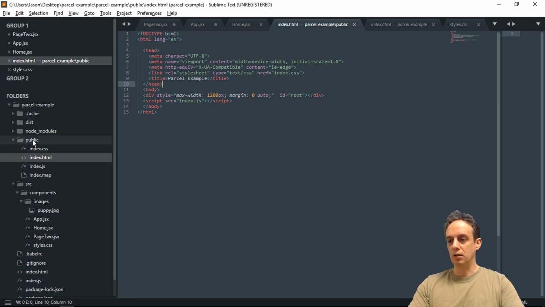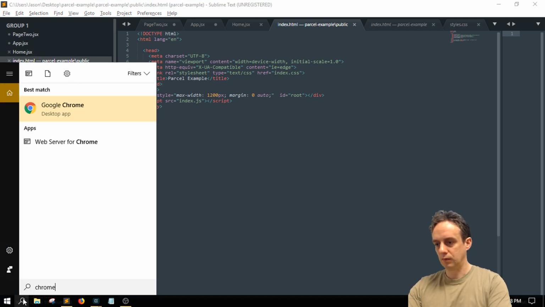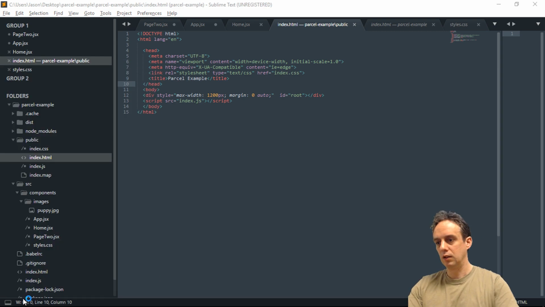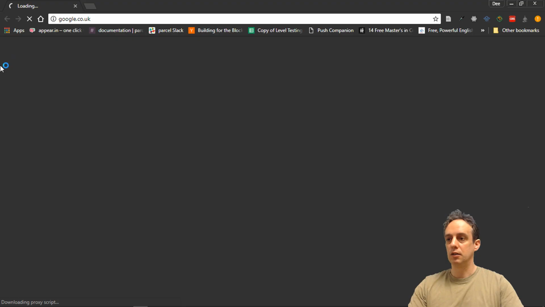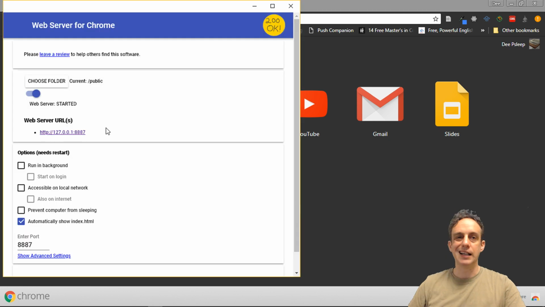So I have a way to check that, and the way that I check that, let me open up a Chrome browser here, and then inside of one of my Chrome apps is this web server, this 200 OK web server. So this is like an add-on for Chrome that you can get quite easily, and then you can choose a folder here,